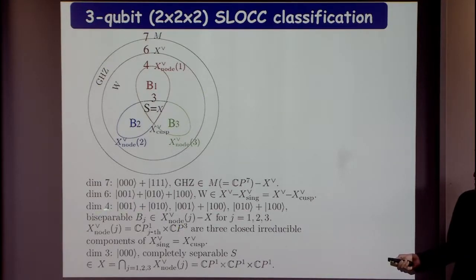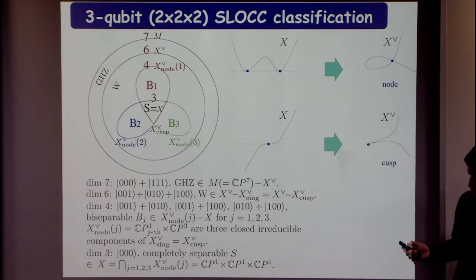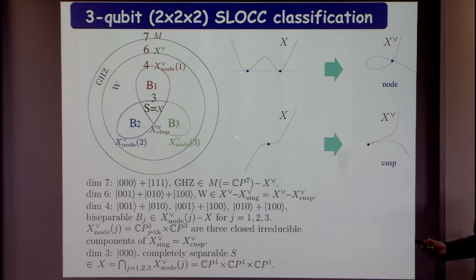And as I mentioned, there are 3 varieties of dimension 4 for the Segre varieties by CP1 times CP3 here. And in the union, the dimension 3 Segre variety in terms of CP1 times CP1 times CP1 is the smallest closed variety in this setting. And in principle, we got the whole characterization of the orbits in this way. And conceptually, I also characterize that